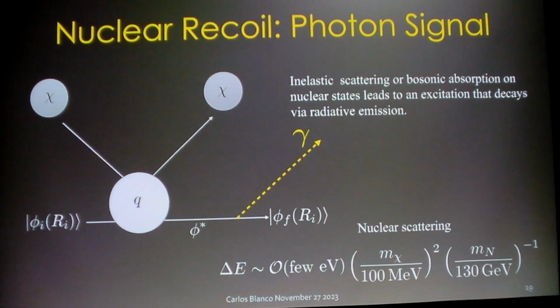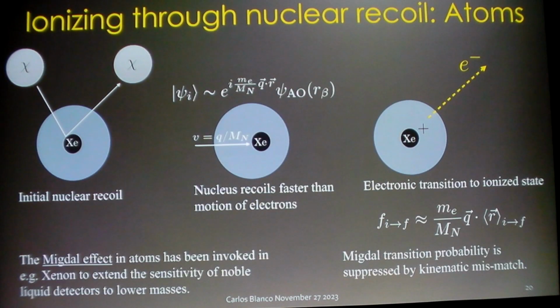What happens if now you want to look for not just the electron coupling, but say you want to go after dark matter models that couple instead to baryons? Then you're looking for nuclear recoil, and you can do the same tricks, right? You can say, how do I excite electrons using nuclear recoil, and how do I look for the photon signal that you get from that? Well, let's think about how we do that with atoms, right?